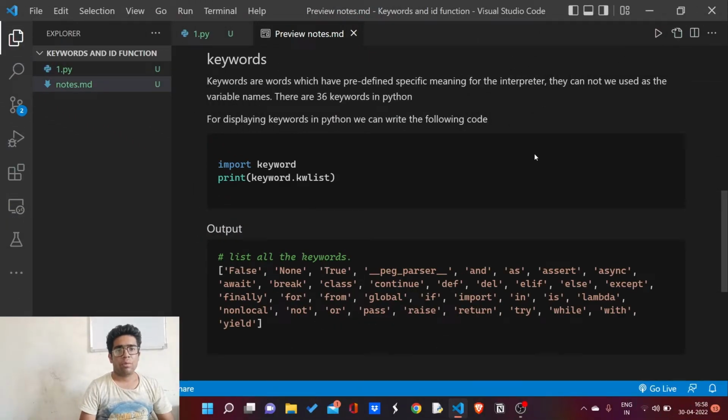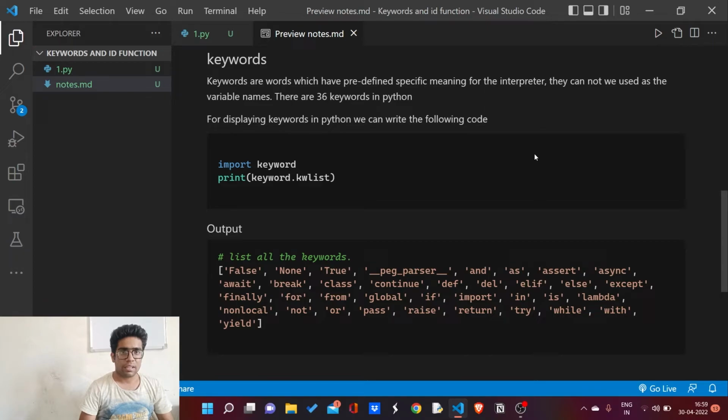Now I am going to talk about keywords. What are keywords? Keywords are reserved words in any language which have a predefined meaning. In Python, keywords are the words which have a predefined meaning to the interpreter, so that the interpreter can do things related to these keywords. In this course, we will explore all these keywords in future. For now, I am only going to give you an overview about these keywords.